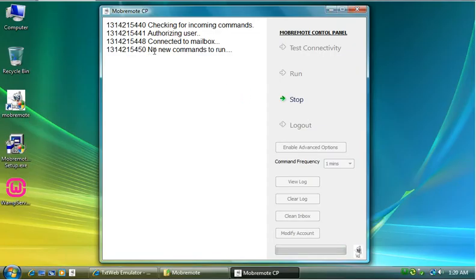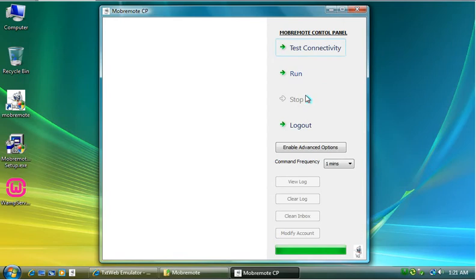And see, it shows no new command, because that has already been run. So after the next 1 minute, it shows no new commands. After I come back and log back in, I stop it. When I come back home, obviously I stop it because I'm back home. I can physically control my computer now.